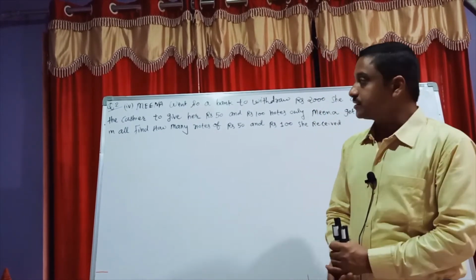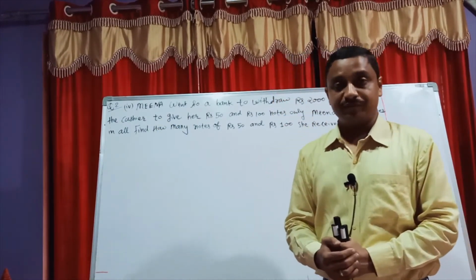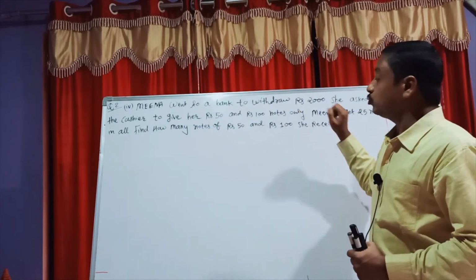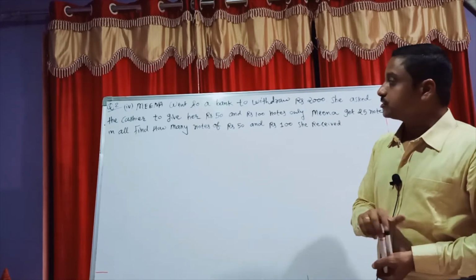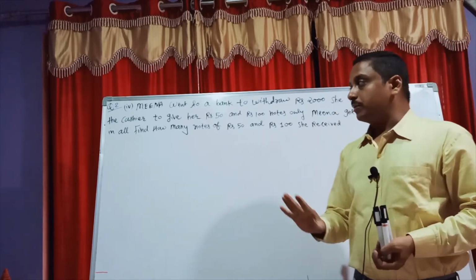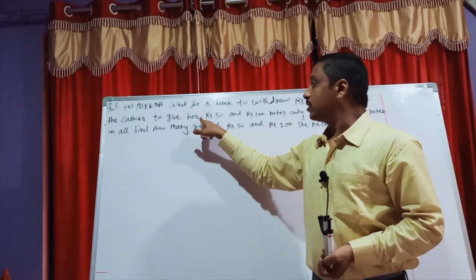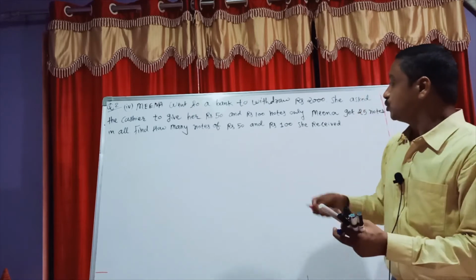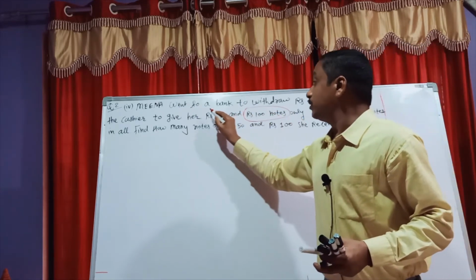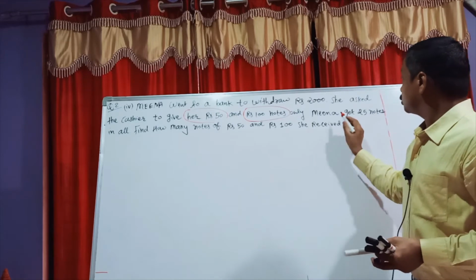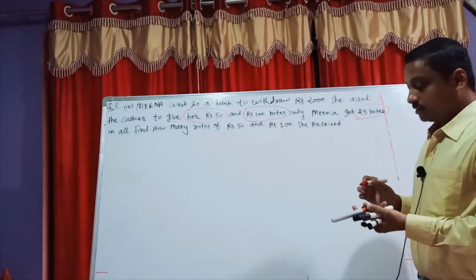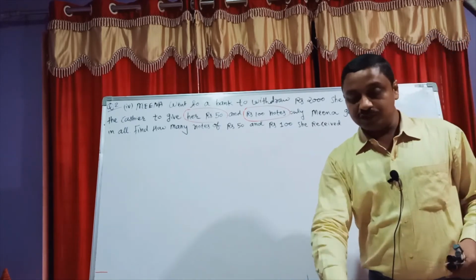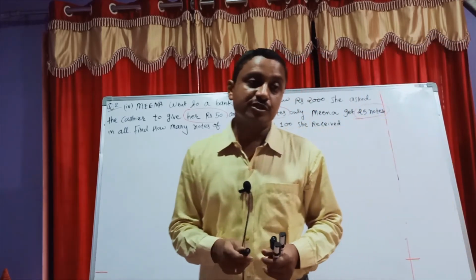Now one more interesting question, students. Question number four. See the question first. Meena went to a bank to withdraw rupees 2000, meaning she is getting 2000 rupees only. But the condition is that the cashier gave her only 50 rupee and 100 rupee notes. Students, 50 rupee and 100 rupee notes are your two variables. And she got 25 notes in total. So how many notes of each, 50 rupees and 100 rupees?